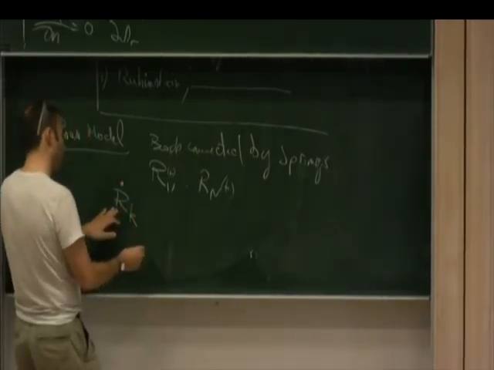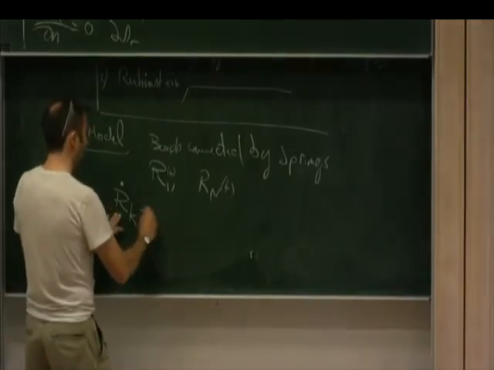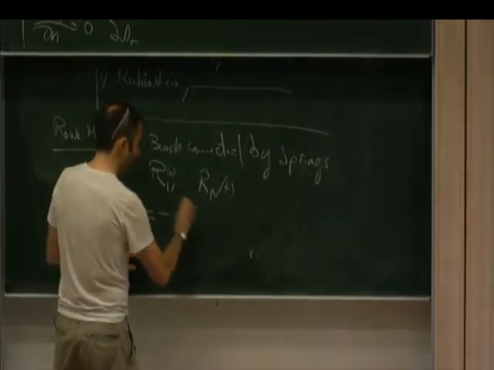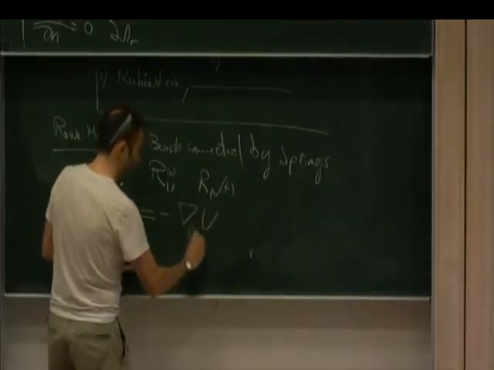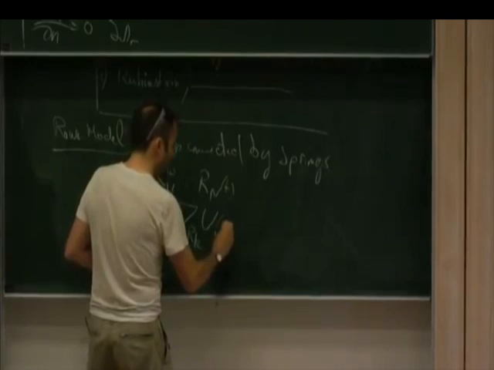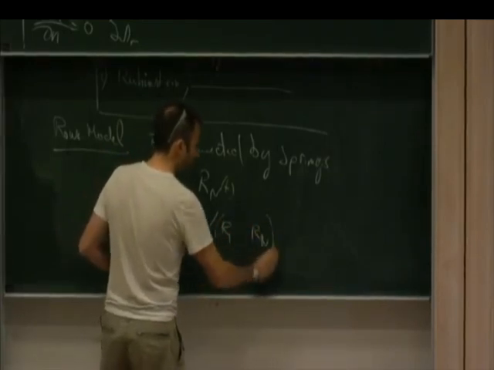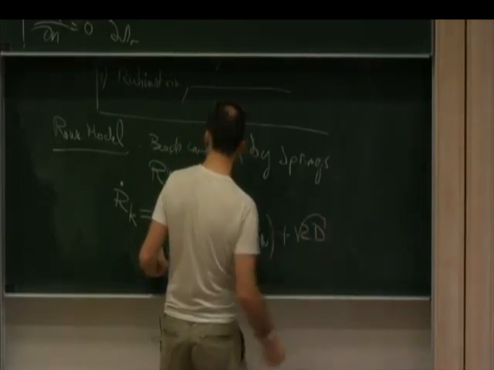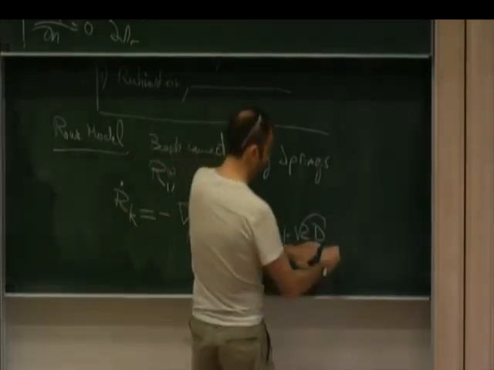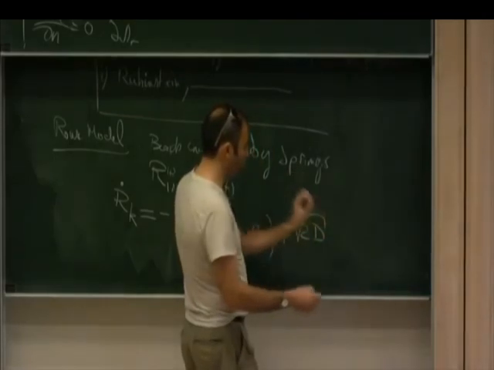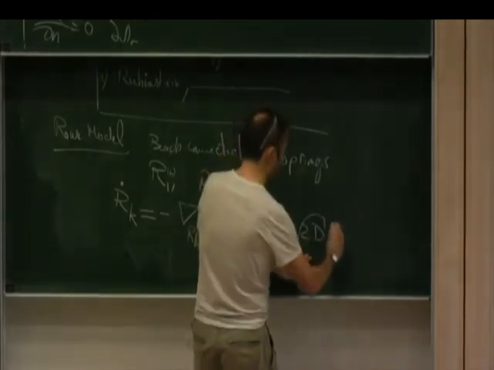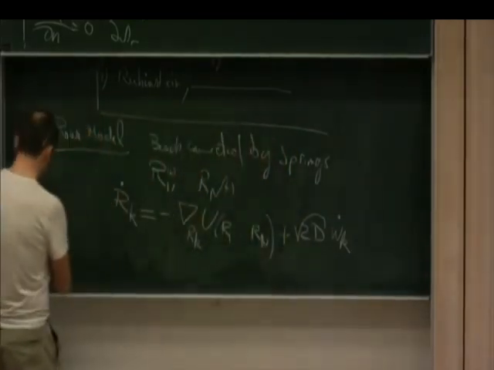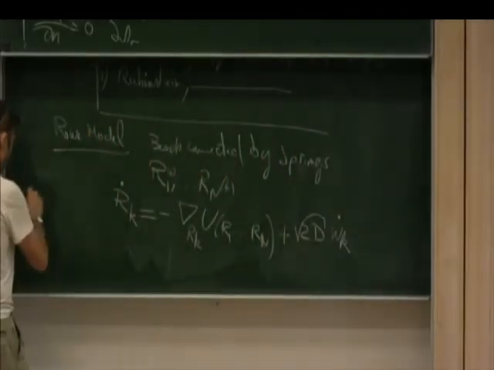So you have an equation for the derivative of the position, which is the velocity, which is minus the gradient with respect to Rk of the potential, which I'm going to write in a second, plus noise, square root of 2D. Let's suppose D is a diffusion constant for this bead, which is constant along your polymer, plus your Brownian noise. And U of R, which is the energy,